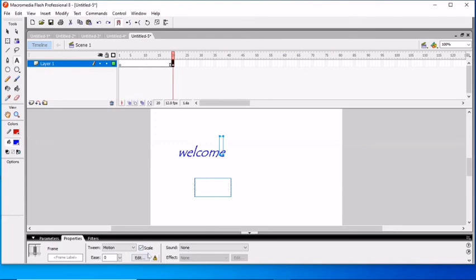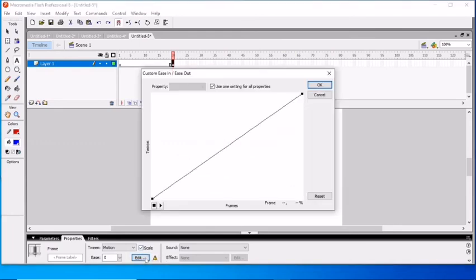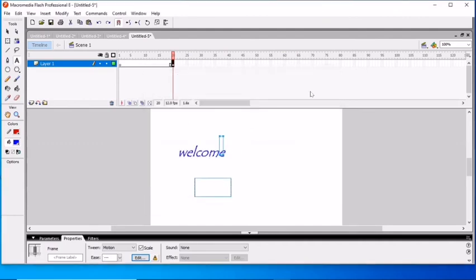Select any other effects, whichever effects you want. Okay, like this one. So you can see this again becomes motion tween, and this will work now.